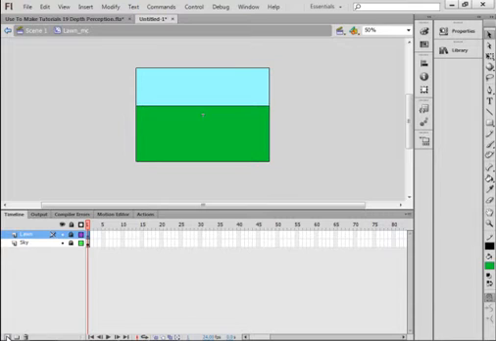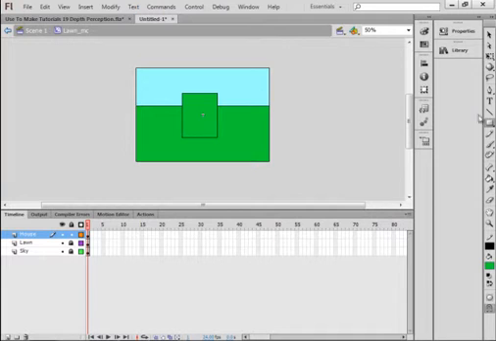Select the lawn layer, insert a layer, call it House, H-O-U-S-E, and I'm going to draw a house here. And basically for a house I would use my rectangle tool. I would make a rectangle, and you could leave it like that. You could put one like this, one like this, and one like this, and pick up a color down here and pick up your fill bucket and fill it in. That's what I would do for this tutorial, and then draw your good house after. I'm going to delete all that,